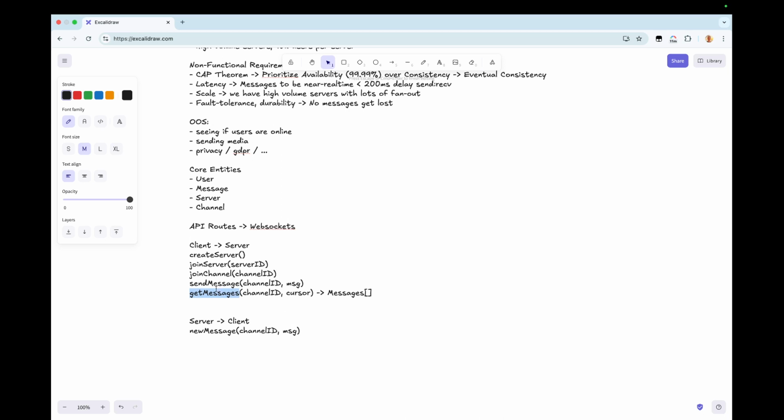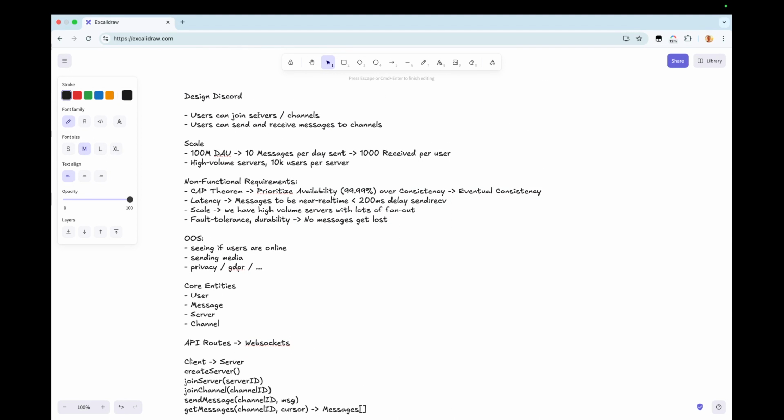We have a way of, basically, if the user's been offline, we need to be able to access all of the messages that are on the server, and so we need a mechanism for doing that. So we're going to fetch that. We'll pass in a cursor and say, basically, this is the last message I have. Give me all the messages since then, and then the client will connect to the server and download all those messages. So server connects to the client, new message. This is basically the server notifying the client that there's a new message on a particular channel, and this is the content of the message.